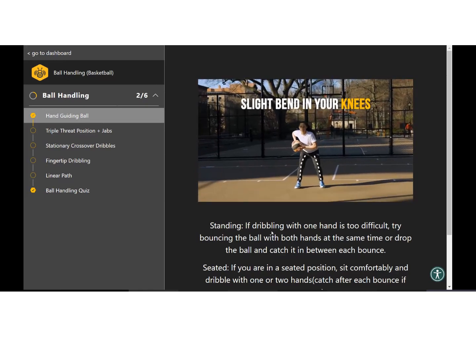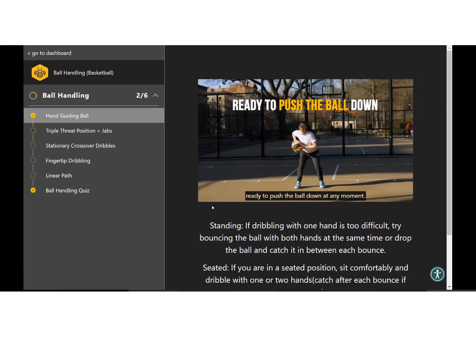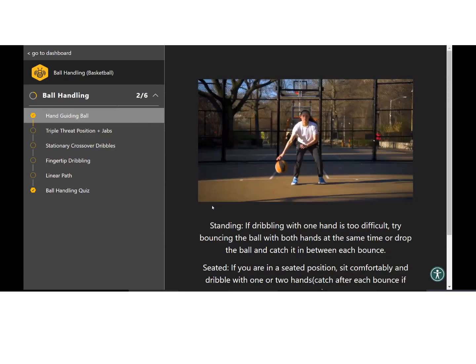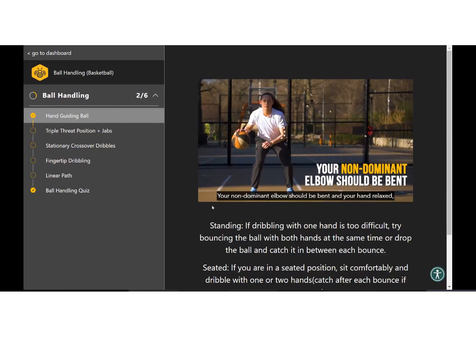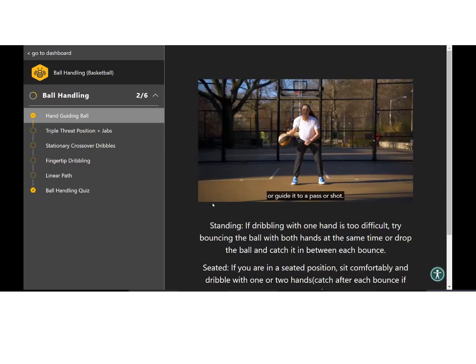Stand with a slight bend in your knees for balance, remember? Hold the ball in your dominant hand with your fingers equally spread apart across the ball seams, ready to push the ball down at any moment. Your non-dominant elbow should be bent and your hand relaxed, mirroring your dominant hand. This non-dominant hand should be ready to cross the ball over or guide it to a pass or shot.